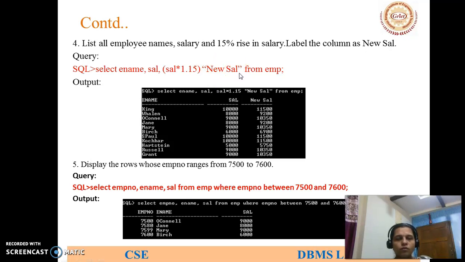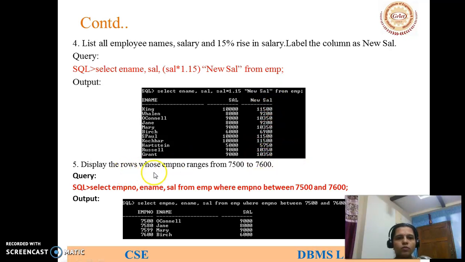Whenever you want to get the same column name as written, at that time you have to specify the double quotes. Or else, if you want to write only normal data, there is no need to specify the double quotes; you can directly write that alias name, from EMP. So see here, you are getting the name and the salary, and you are doing salary into 15%, right? So that name you are giving as new salary, which is specified here. You are getting an answer like this.